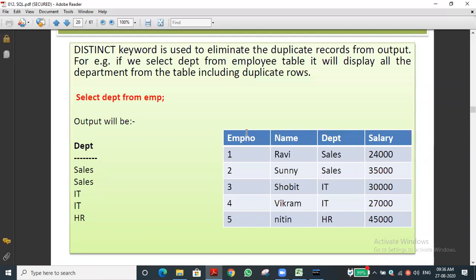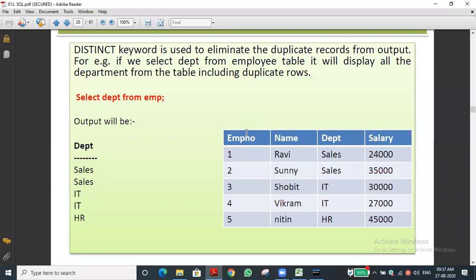Let me take our case: select name from NCERT 1. If you give this command, what will be displayed? Raj will be displayed, also Ramesh, Rajesh or some other name, and Ganesh. There are five names, and there is one more record, Chandru, which we did not insert. So the five names will be displayed, including the duplicate, another Raj.